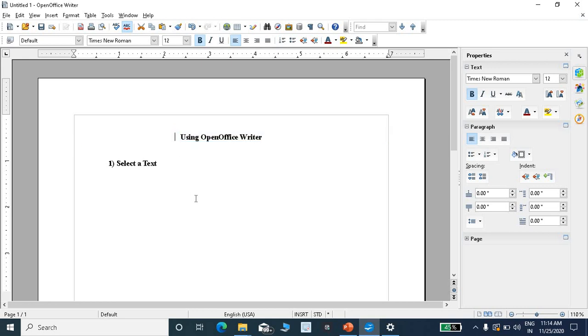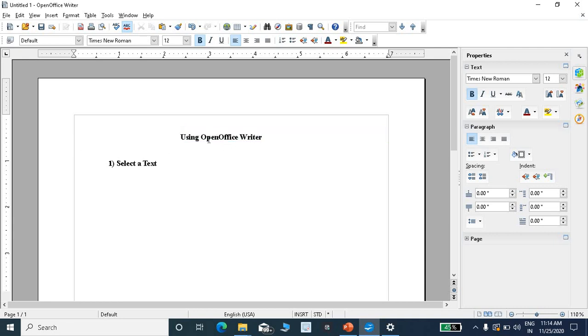See one more time how to select the particular text. First of all, move the mouse cursor to the starting point of the particular text, and then hold the left button of the mouse and drag over the particular text. See, the text is highlighted.